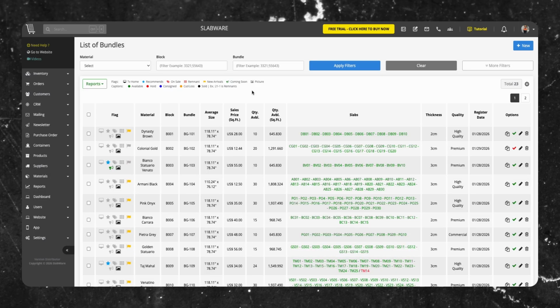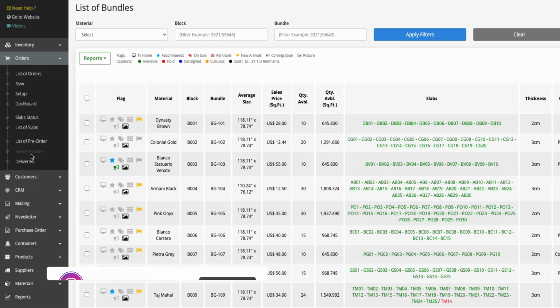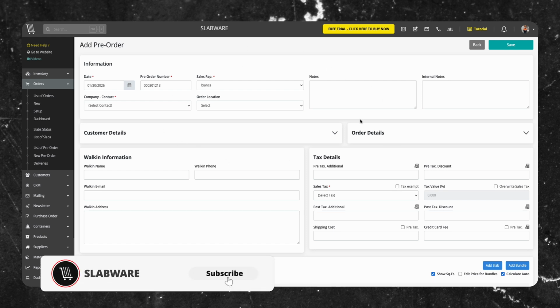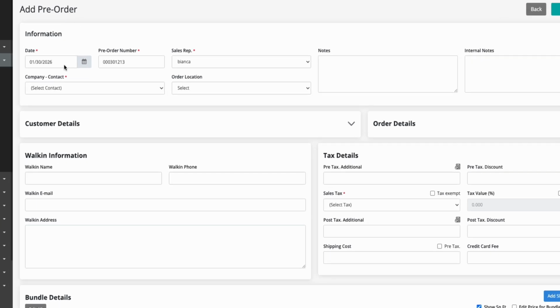Today we're going to show you how to create a pre-order and walk through the entire flow until the order is officially created. Go to Orders and click New Pre-order. On the Add Pre-order page, you'll fill in some basic information. Let's get started. In the first section of the page, you'll see the pre-order creation date and the pre-order number,